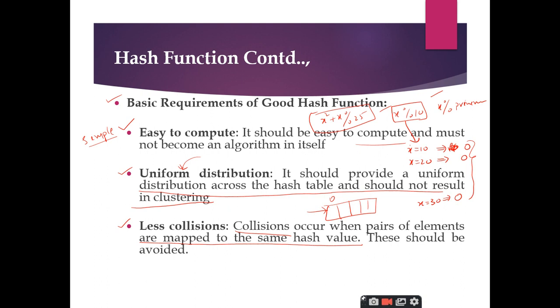So you should design a hash function in such a way that it generates hash keys which do not collide with each other, or which have fewer collisions. So these are the three important requirements of a good hash function. What are they? The hash function should be very simple and easy to compute, it should uniformly distribute the keys, and the third one is it should have fewer collisions. Why? Because collisions are unavoidable. That is the reason why any function that has fewer collisions can be considered a good hash function.